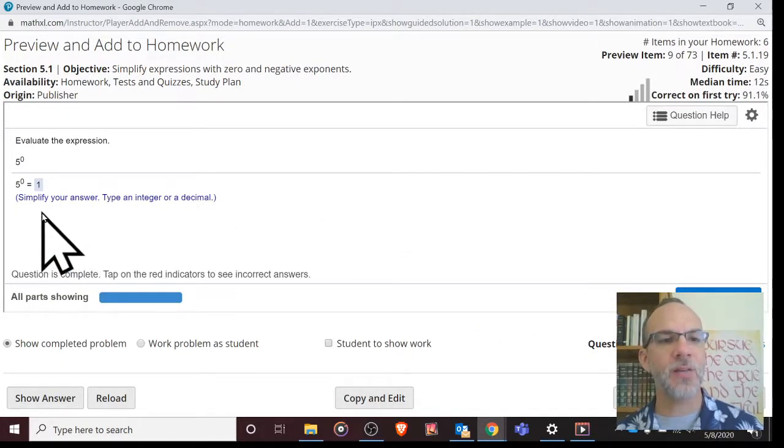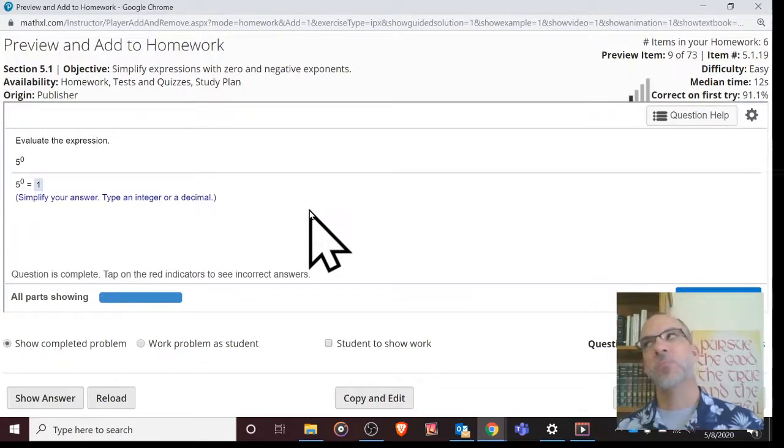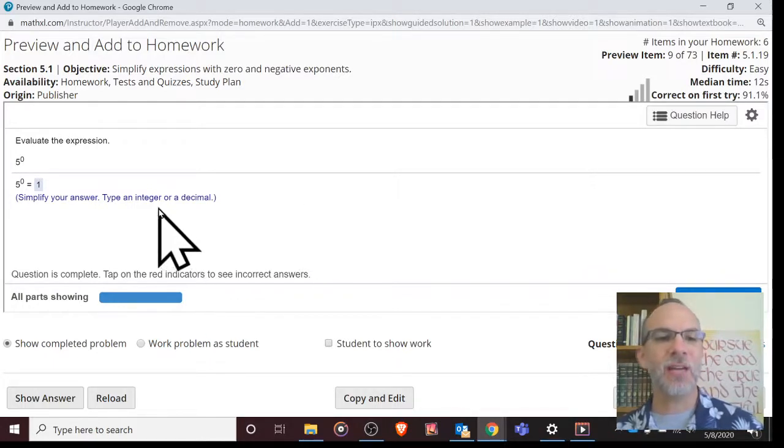This one, 5 to the 0 is what? Simplify your answer, and it says type an integer or a decimal. If you type in a fraction, it's not going to take it. All right? Kids have to know what an integer is. One of the biggest troubles that kids have with this initially is